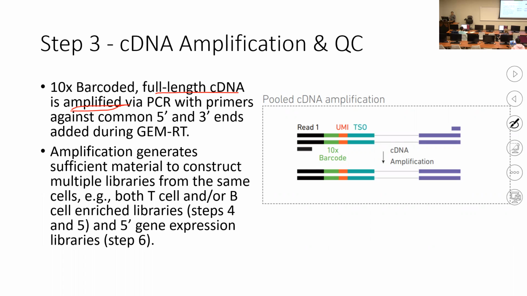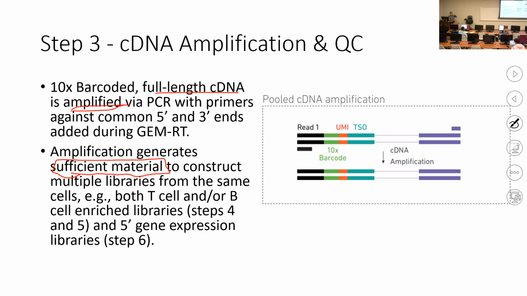Okay, so at this stage, the droplet, the GEM, has already been broken. So everything has been put together, so you can amplify this, using many rounds of amplification, and you get sufficient material. So that's amplified cDNA fragments. You get enough of this for the sample to be separated for downstream, and you have the same amount of this, and then you will separate it into